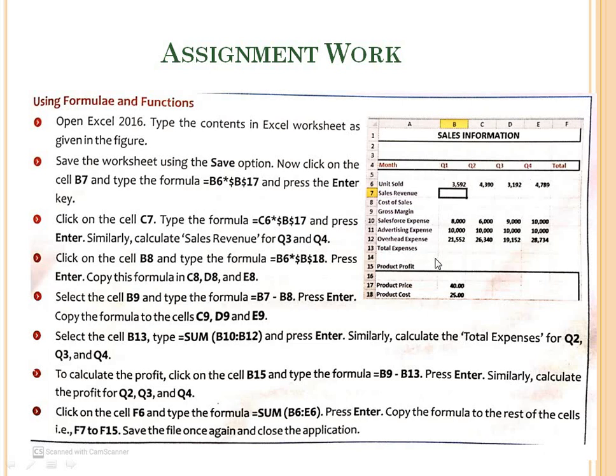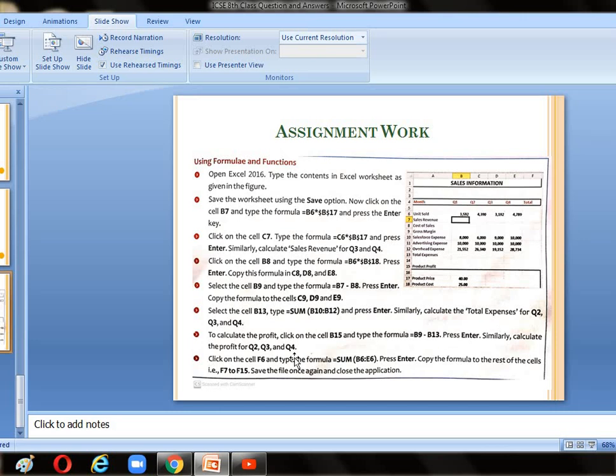After getting the total expenses, now you have to calculate the product profit. Click on the cell B15 and type the formula B9 minus B13 and press the enter key. You will get all the values.